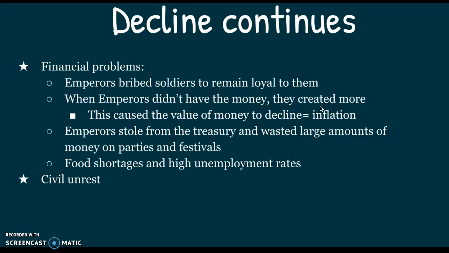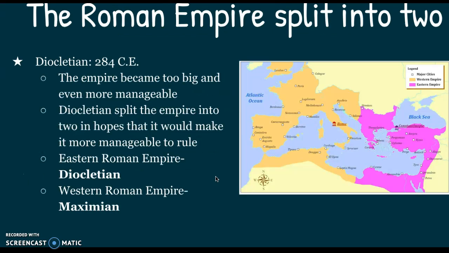There were food shortages and really high unemployment rate. This all causes civil unrest. The people started to rise up. The plebeians were the mob. They were angry at being a lower class. They were angry at this food shortage. They were angry that the upper class was becoming rich. They were angry about the high unemployment, and they caused civil unrest. When you have civil unrest like that within a nation, on top of bad leadership, on top of no money, it causes a real devastating issue.